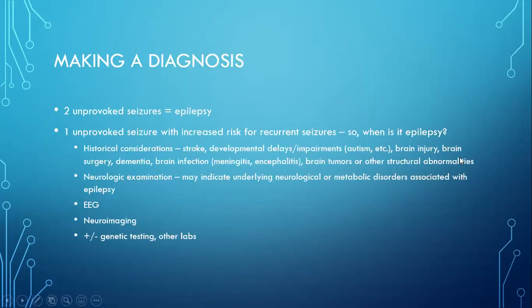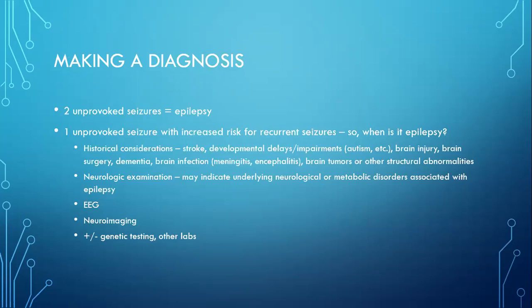Okay. So again, like I just said, 2 unprovoked seizures equals epilepsy. That's really all it means. 1 unprovoked seizure, as I said, with increased risk for recurrent seizures. So how do we decide that there's this increased risk that meets those check boxes for a diagnosis